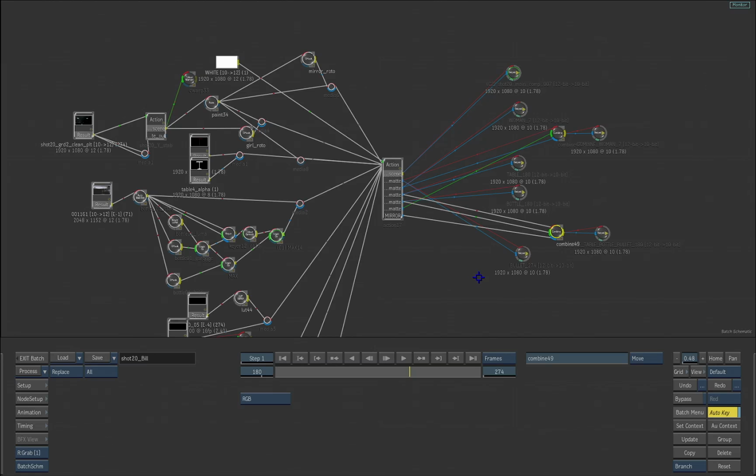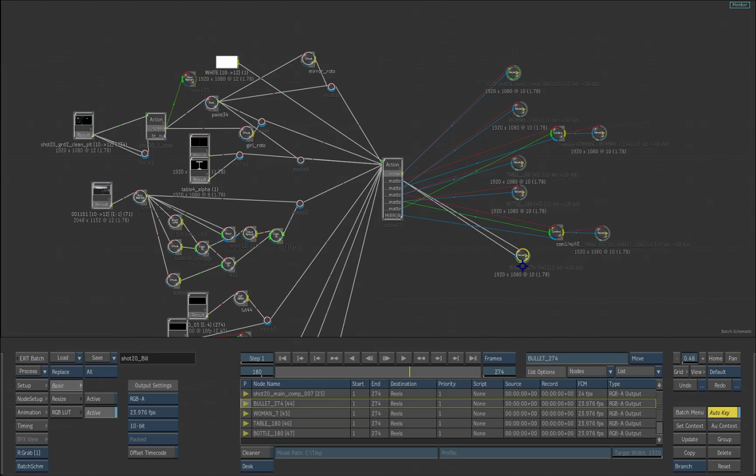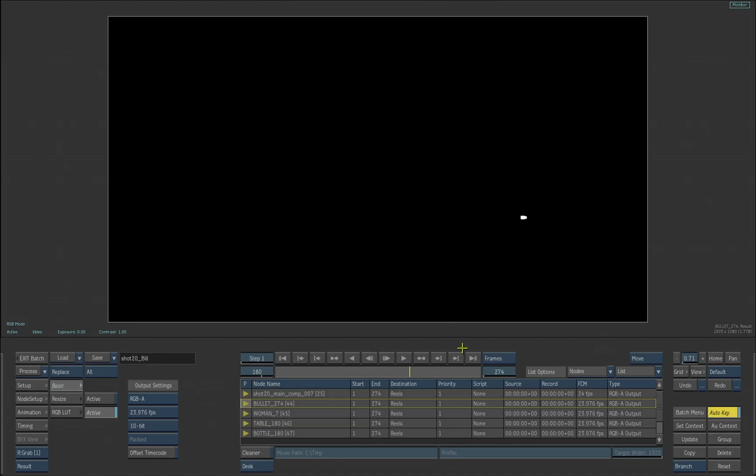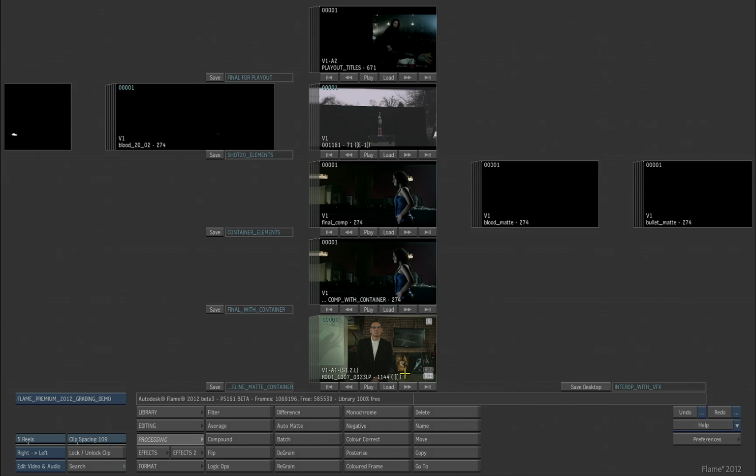So the reason why this is important is that we want to be able to repurpose these mattes inside of grading. Rather than recreate mattes of shattered glass and CG elements, we know we have those mattes already. We want to use those in grading. So those mattes were all rendered out and then placed back here on the desktop with the original composited clip